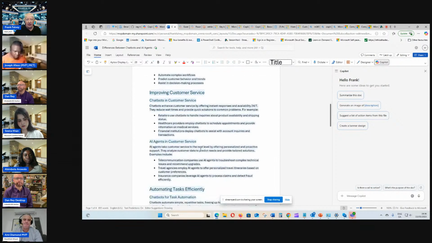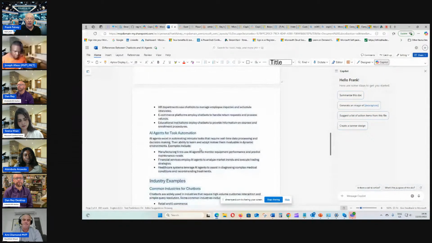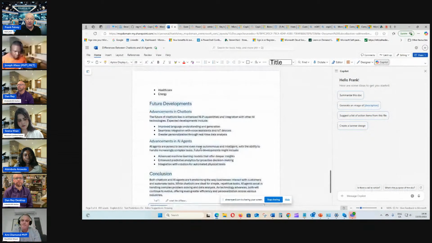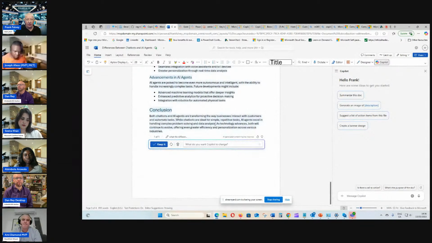Just on this one here, for people that never saw it before, it gave us 4 pages and it gave us a conclusion as well. When you get down to the end of the page here, you've got these other tabs. Do you want to keep it? Do you want to regenerate it? Do you want to delete it? Or you can ask it some more